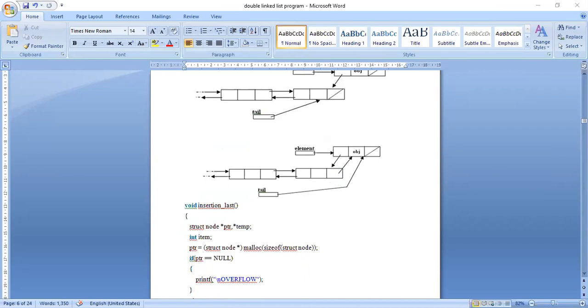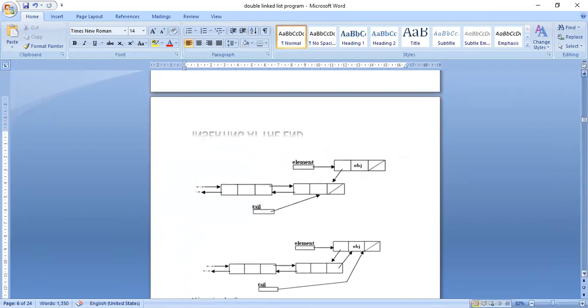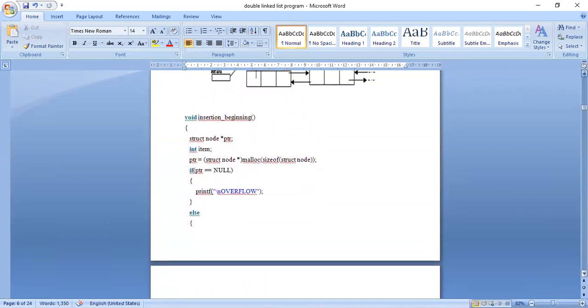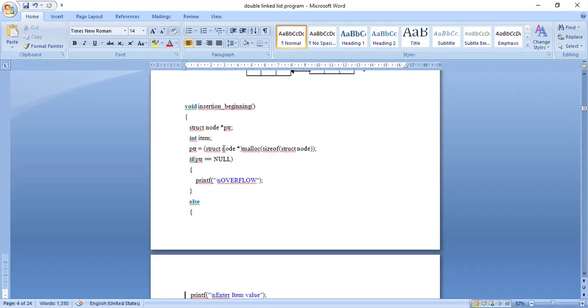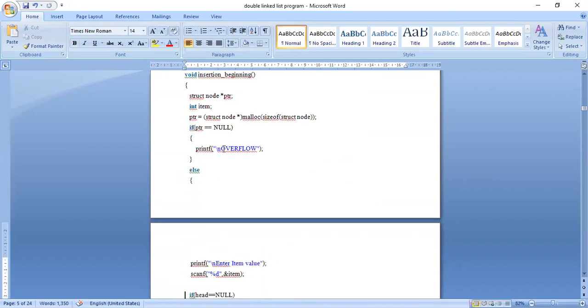Initially, in last insertion, I know which is the beginning node in the linked list, because the beginning node address is kept in the head or start pointer. So I can easily identify which is the beginning node. But to identify the last node, there is nothing with the name of the last node.